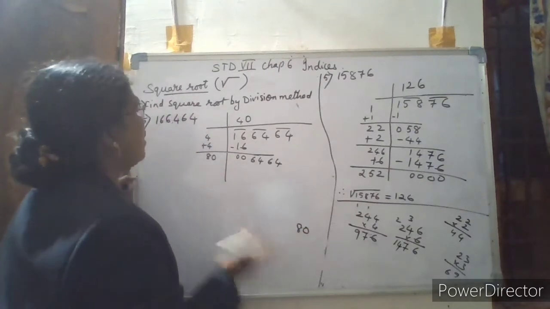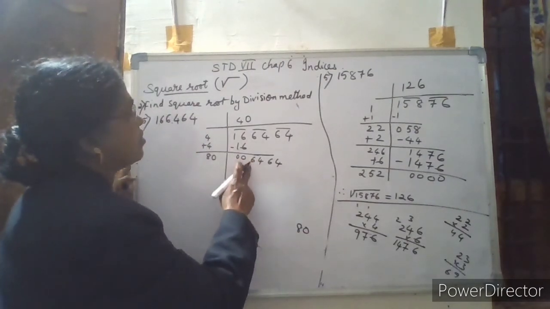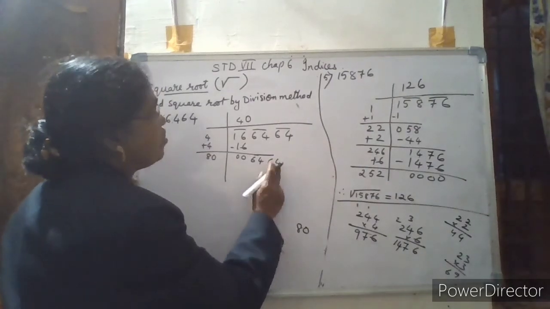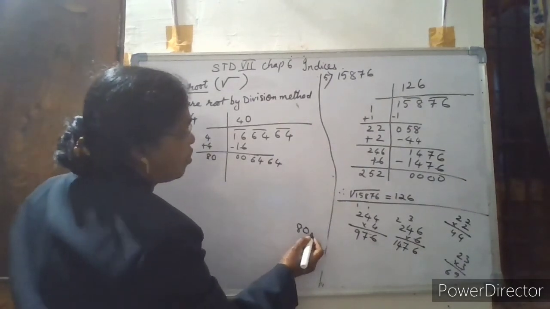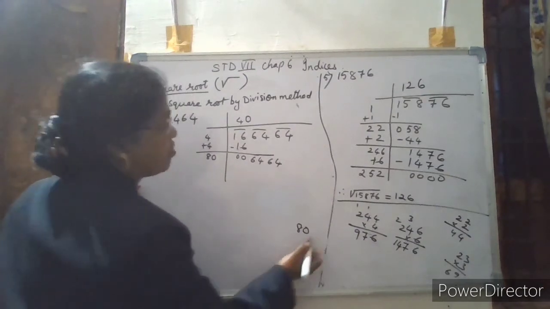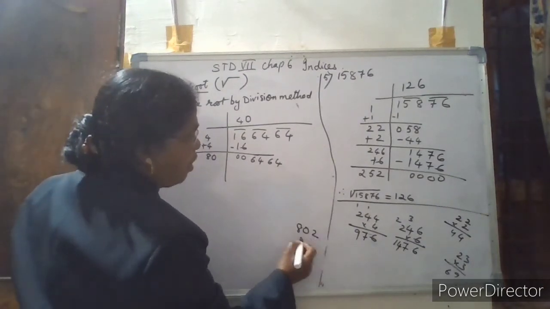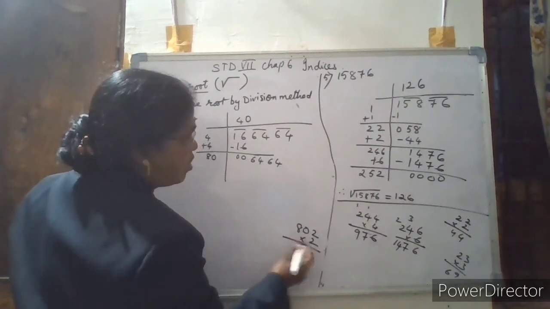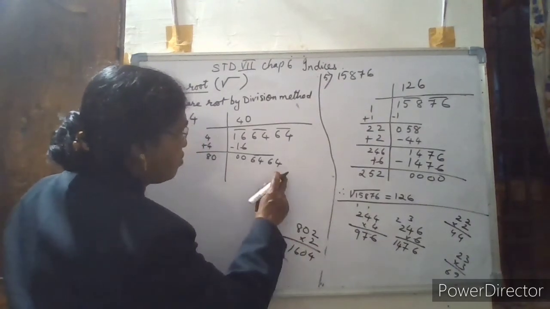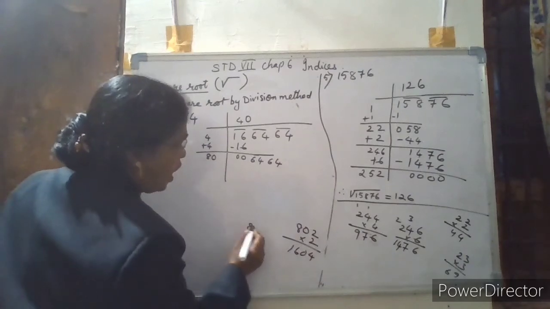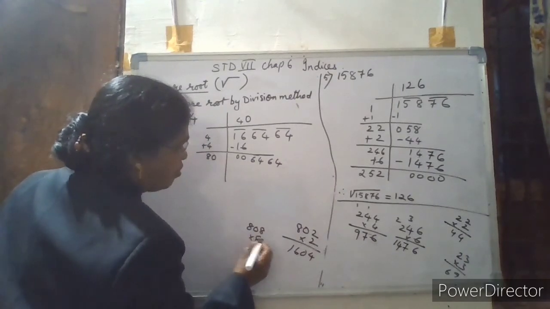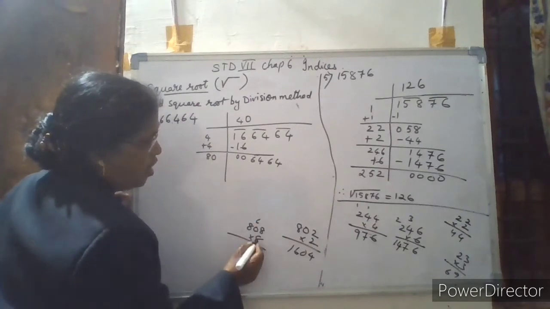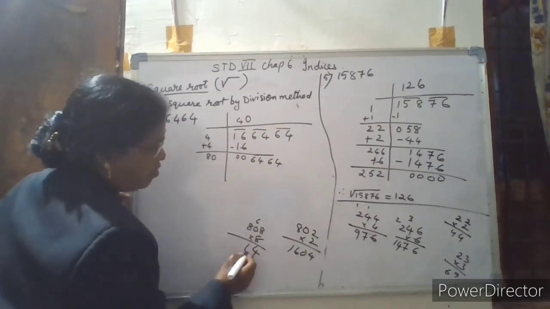See, the last digit is 4. Therefore 8 8 is 64. 2 2 is, for 2s I will take 2 2s are 4. 0 2 8 are 16. Did I get the same? No. So 8 0 8 I will take, because 8 8 is 64. Carry 6. 8 0 0 0 0 plus 6 is 6. 8 8 are 64. I got the same number.